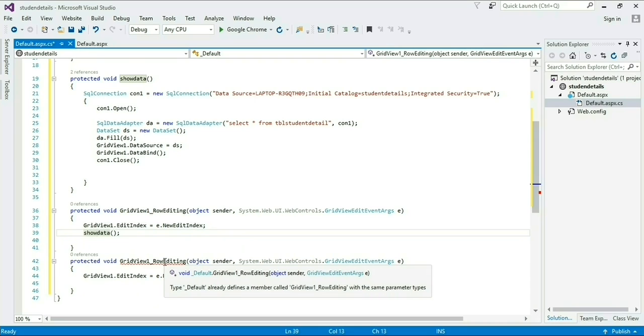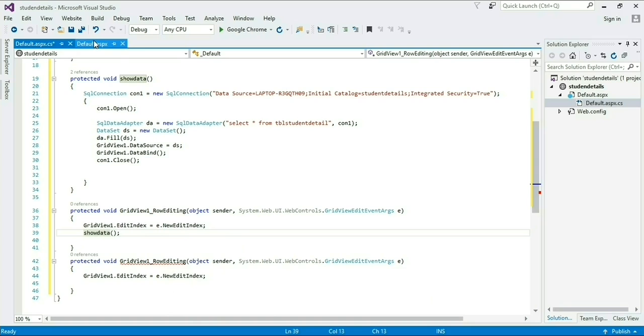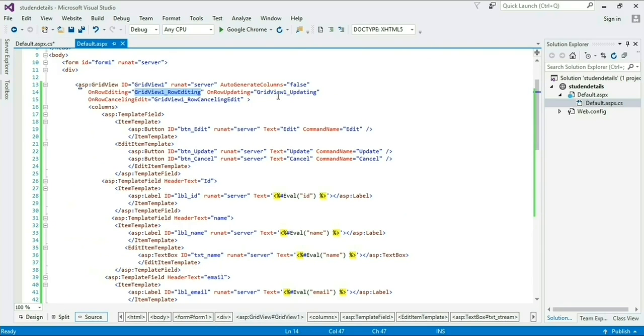I am simply editing row editing to our second function, GridView1_RowCancelingEdit.